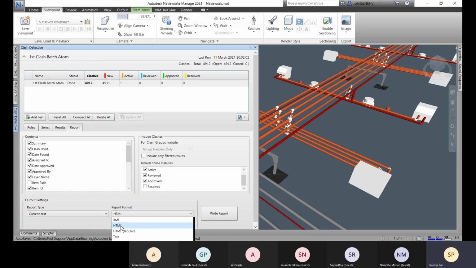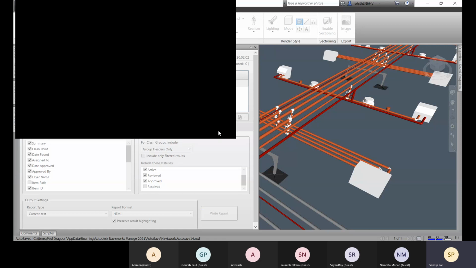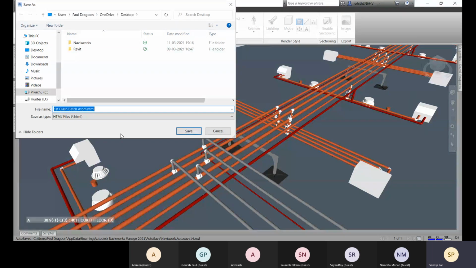So now let me go for this HTML. HTML files can be opened within a browser. So let me go for that HTML, and let's go for this write report. And here you can again go for this import class test or export class test. So you can go for this export class test, like this XML file. Okay, now let's go for this write report, and it will come with a similar name to the class test. Okay, and you can go for that, or you can change it.